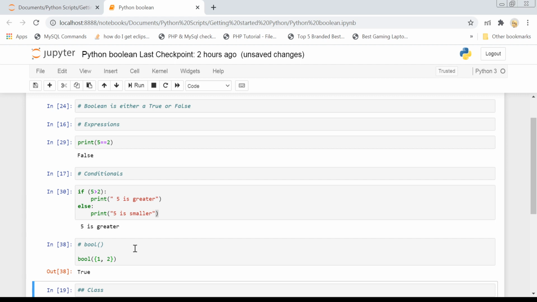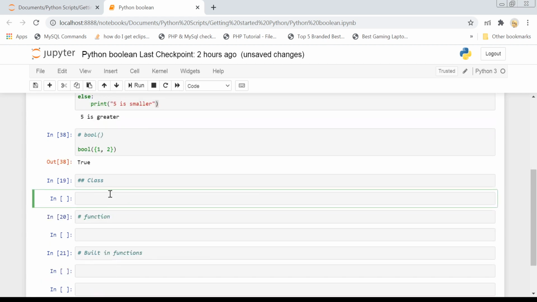Now, another way in which you can convert your custom object into a Boolean value. Right now I have these primitive data types. So this is a set, and previously I used string, and then I also used integer. But what if I have my own custom object and I want to convert that custom object into a Boolean value? So that's pretty easy.